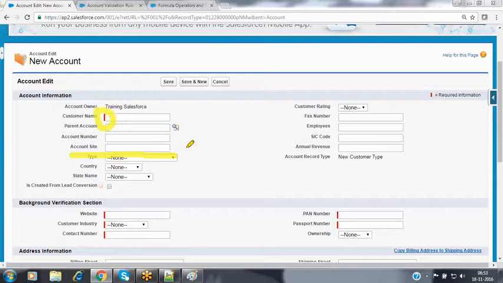Because if there are many fields in the user interface, and most of them are made mandatory, then most of the fields will be displayed with the red bar symbol. Whenever the user clicks on the New button to create a new record, they will see a user interface that looks purely reddish, with most fields carrying the red bar symbol.